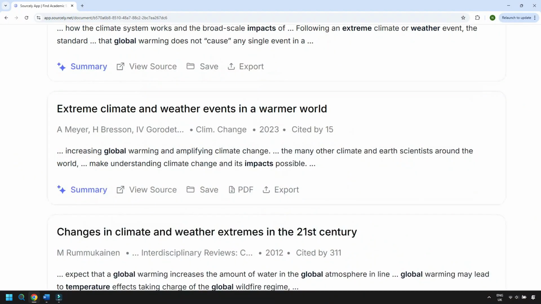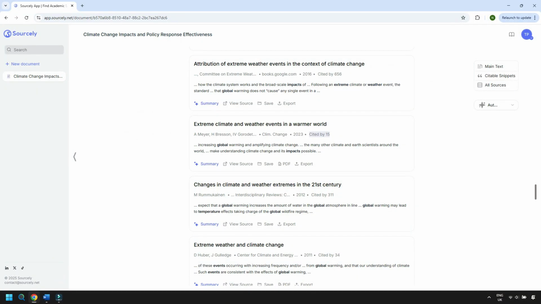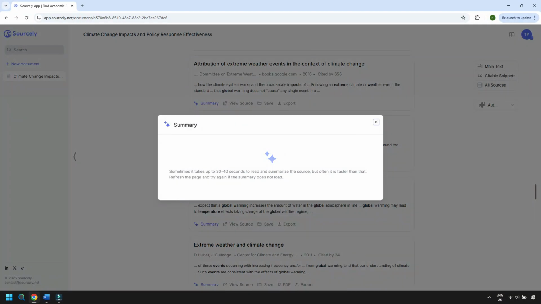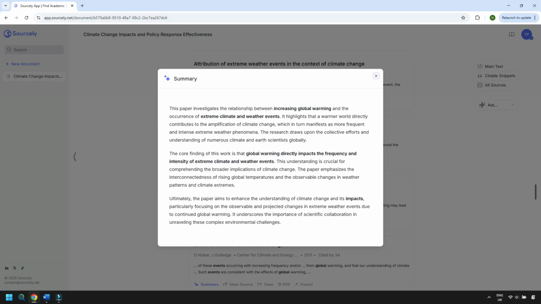After you've completed your search and applied all of the filters that you want, the next stage is the citation. So each suggested paper here shows what you need to know to make an informed decision. So the title, authors, the source, the year, and the number of citations. Plus, if you click the summary button here, it will also generate a short summary of the paper. Now that takes about 20 seconds or so, and then you get a keywords in bold. Altogether, it means that you can very quickly see whether a paper is worth actually opening and whether it can